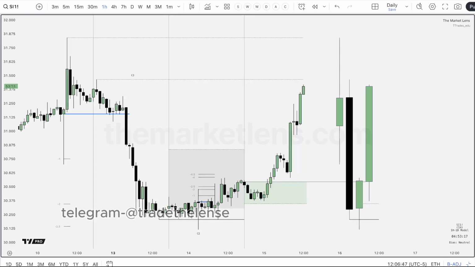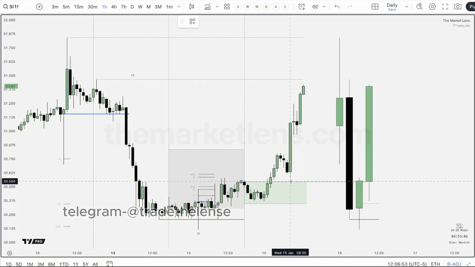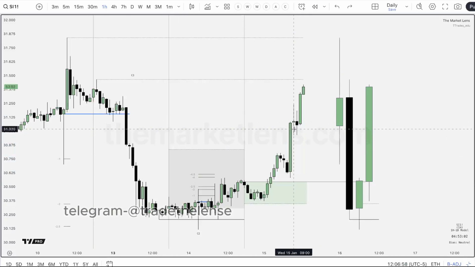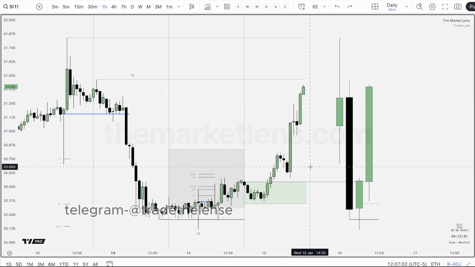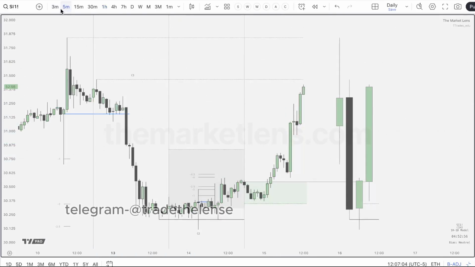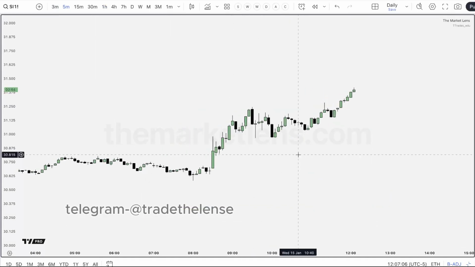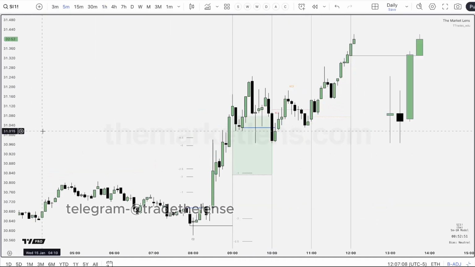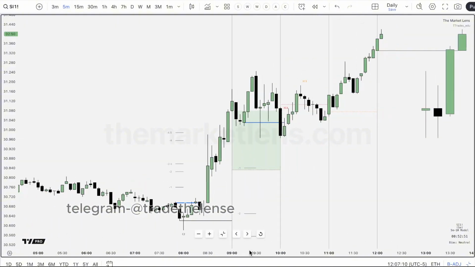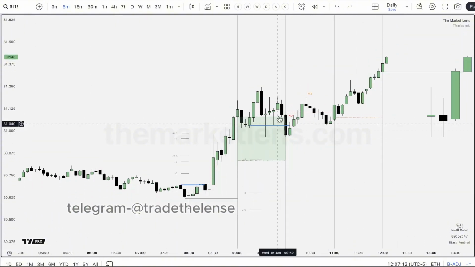So first off, what I would say here is we already had a candle 2 that expanded, right? So it's not as probable to be trading a candle 3 after we already had the expansion and the reversal in candle 2. But we're going to take a look at that. Let's see if the replay works.